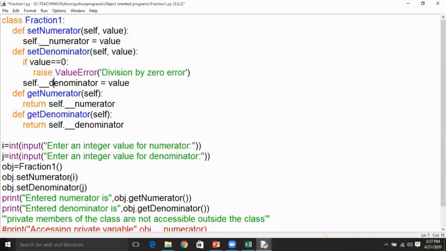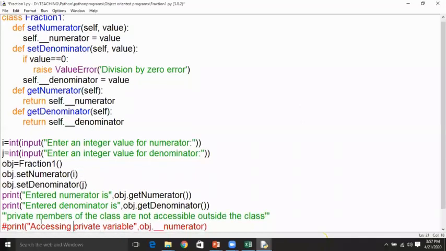Okay, the user entered values. Then you are trying to display. You are trying to call the get numerator method by using the object of the Fraction1 class. Here, the object of the Fraction1 class is obj. By using the obj object and the dot operator, you are trying to call the method get numerator. Whenever it executes this line, control immediately jumps to this reference, that is the Fraction1 class, and it searches for the method get numerator.